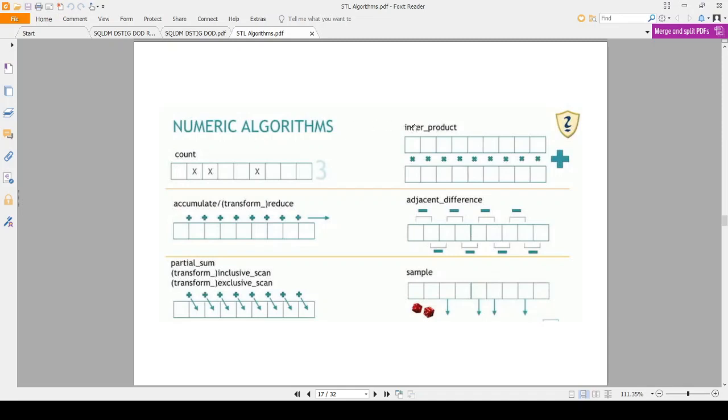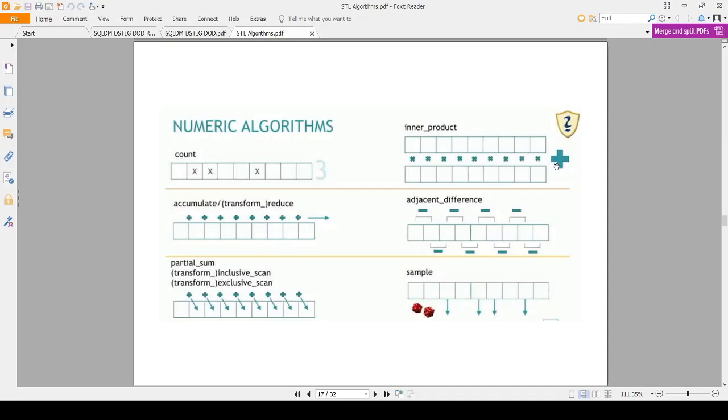Inner product basically gives you the dot product of two vectors. It multiplies the first element of the first collection to the first element of the second collection, the second element of the first collection to the second element of the second collection, the third element of the first collection to the third element of the second collection, and so on. After it multiplies, then it sums them up.